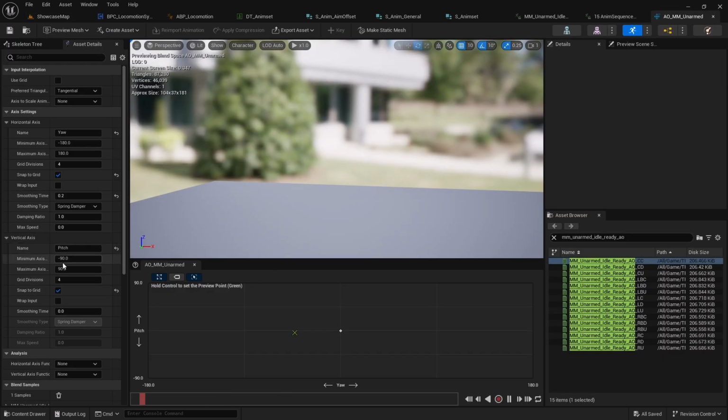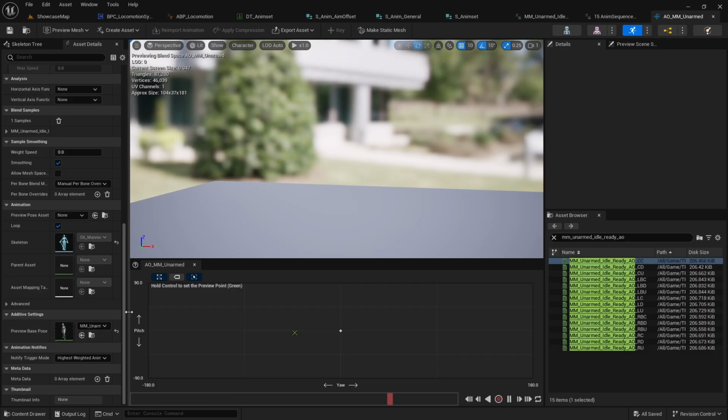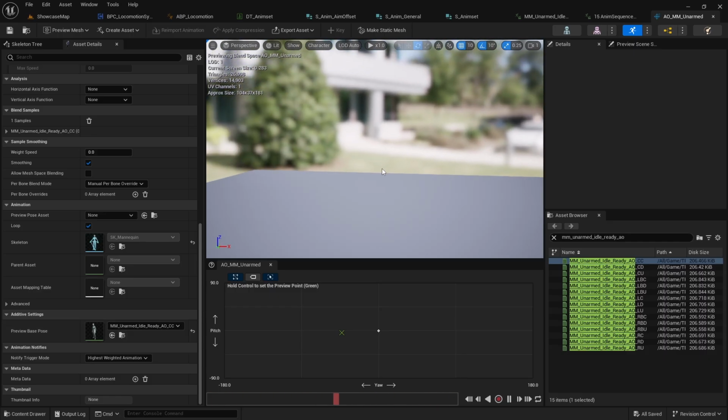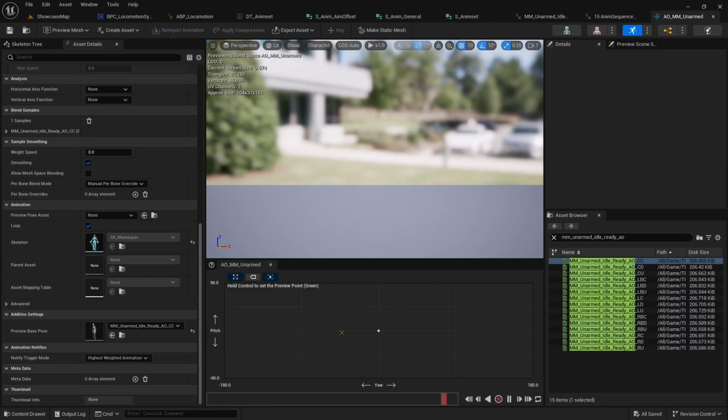No, actually, in order to resolve it, you have to provide sort of a preview base pose, right? So currently this one is already assigned this CC value. So that's why the mannequin has disappeared, but that would be fine. So once we finalize this blend space, let's provide a preview base pose animation. So the mannequin will appear again. Okay, right. And second, we need